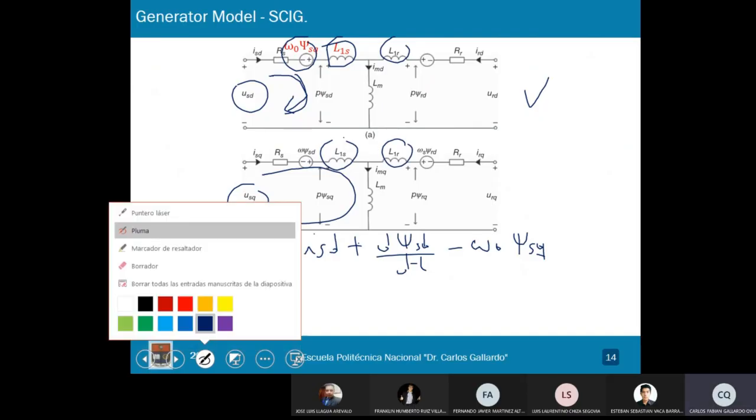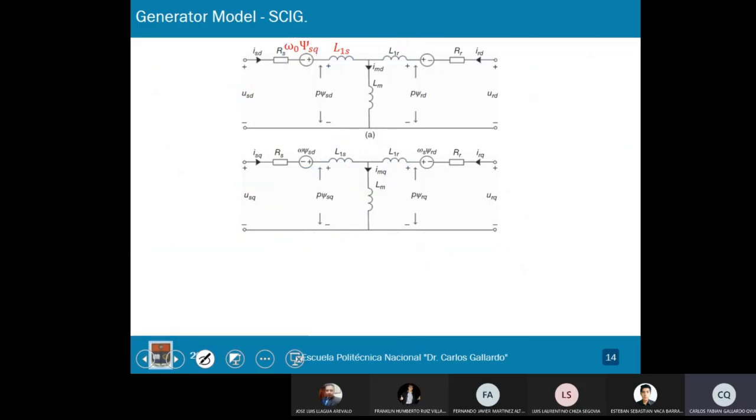So I will say, for instance, applying Kirchhoff voltage law in this loop, I will have the stator flux on the direct axis equal to this inductance times this current. The inductance times the stator current on the D axis, plus